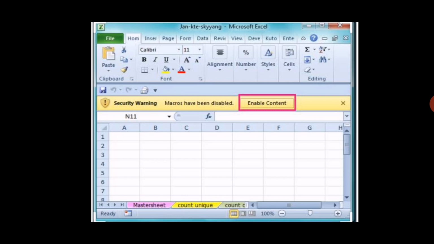Then below the title bar you can see the menu bar. There are different menus: file, home, insert, page. After that is the standard bar, then the formula bar, and then the Excel sheet is in a grid form with the help of rows and columns.